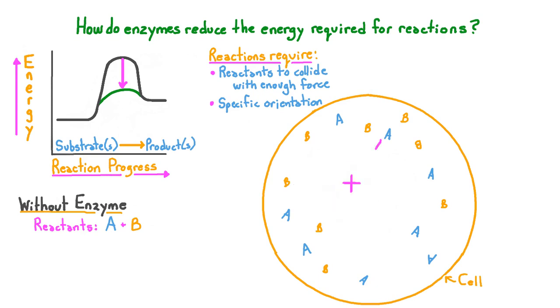Now reactants A and B hurtle towards each other with sufficient force and oriented so the legs of the A puncture into the loops of the B, producing a chemical reaction that forms a product, which in this case is C. The low probability of specific chemicals colliding with enough force and the correct orientation seems to allow reaction rates